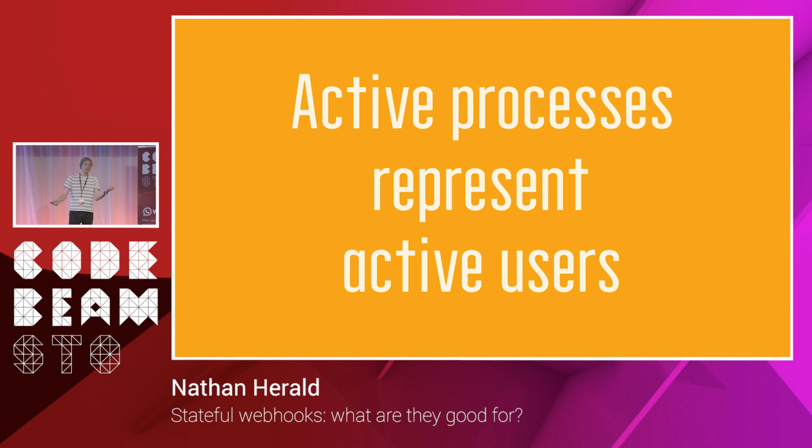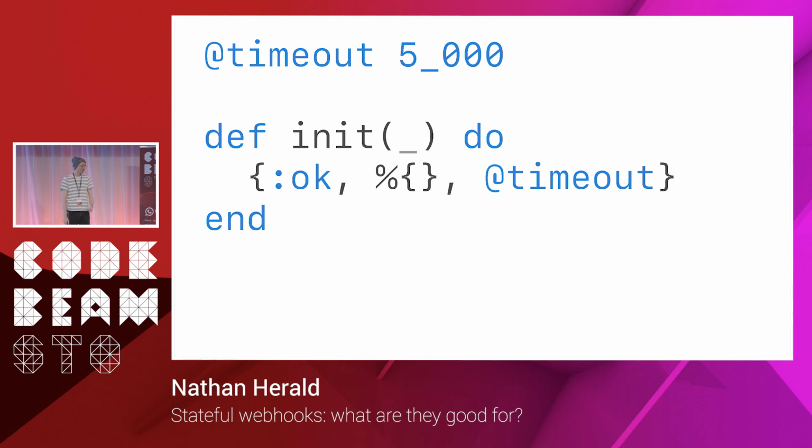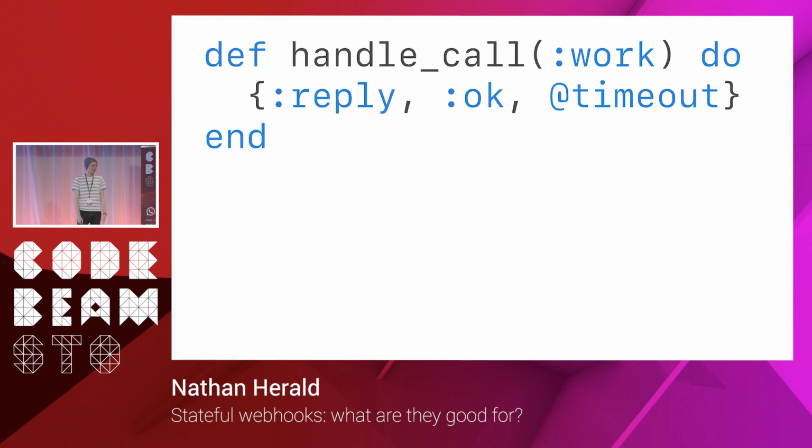It turns out this is built in. I didn't know this, and so I wanted to show you. You can actually just pass a timeout, and then when you initialize your process, if it doesn't receive a message in that amount of time, it will time out, right? That's very interesting. The timeout is not persistent, so every time you get a message, you have to reset the timeout. You have to say again, okay, now if I don't get any messages within this time. This I guess could be good. Maybe you could have different timeouts depending on the type of message or something.